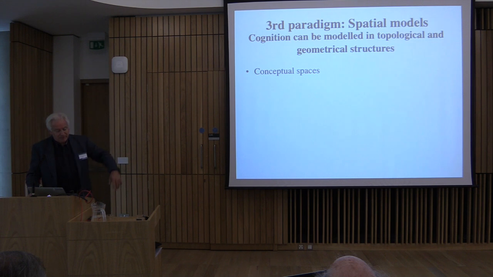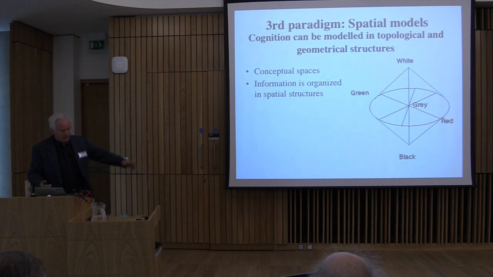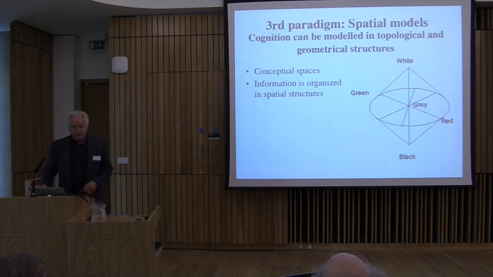So conceptual spaces is what I will be talking about. And they are spaces because they have this kind of geometrical structure. Information is organized in spatial structure. Here is a kind of paradigm example. It's known that human color perception comes in 3 dimensions, and that we can organize our color terms and our color judgments along 3 dimensions. One is,